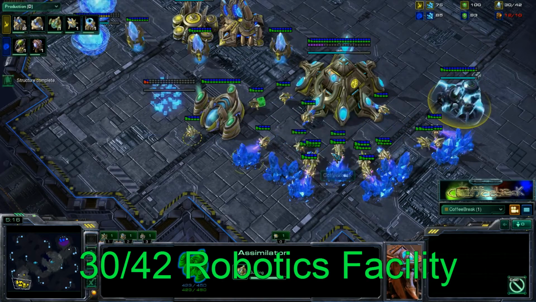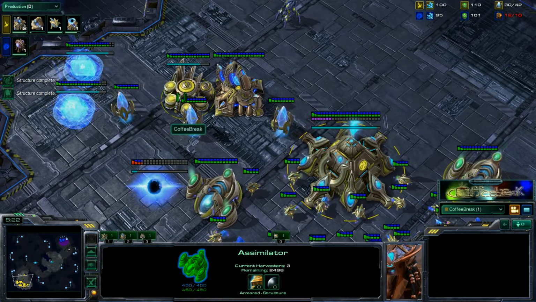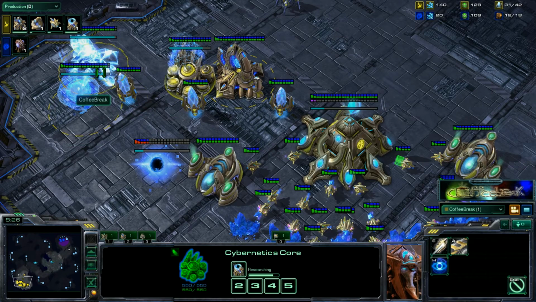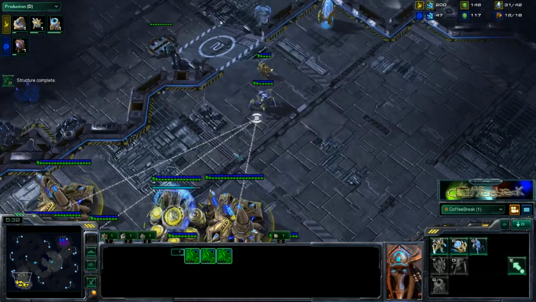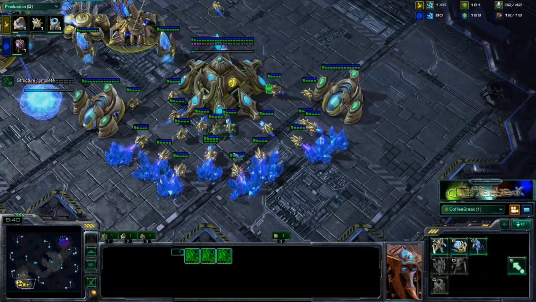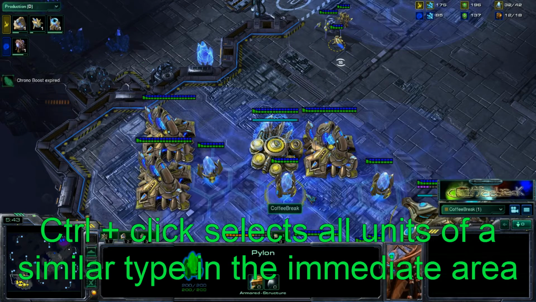Around the 30 supply mark, you're going to want to go ahead and lay down your robotics facility, and that's going to correlate very nicely with about the time that this warp gate technology finishes up. These 2 gateways are going to finish up as well, and once this warp gate technology finishes very shortly here, you're going to go ahead and turn these gateways into warp gates by coming over here, control, here,